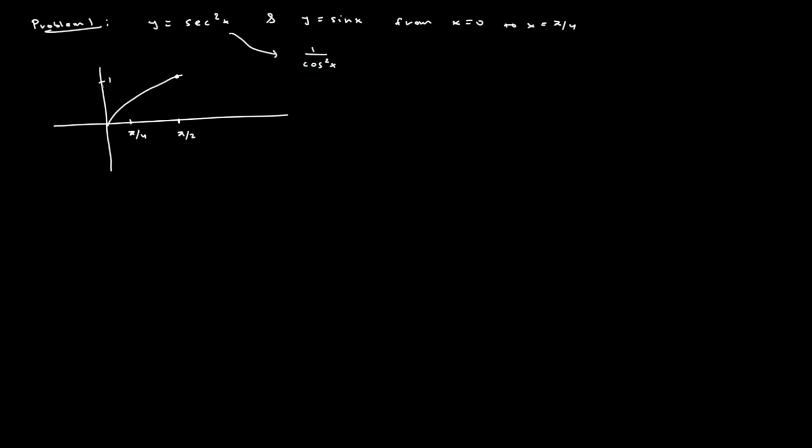Cosine of 0 is 1, so secant squared of x at 0 is simply 1 squared, which is 1. Cosine of pi over 4 is root 2 over 2. So root 2 over 2, squared, is 2 over 4, which is 1 over 2, and its reciprocal is 2. So at pi over 4, which is our other limit,